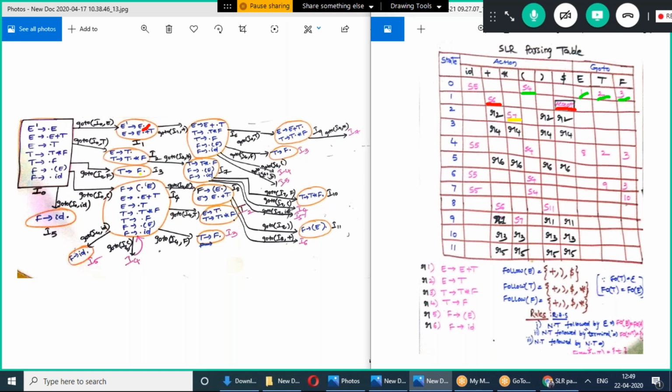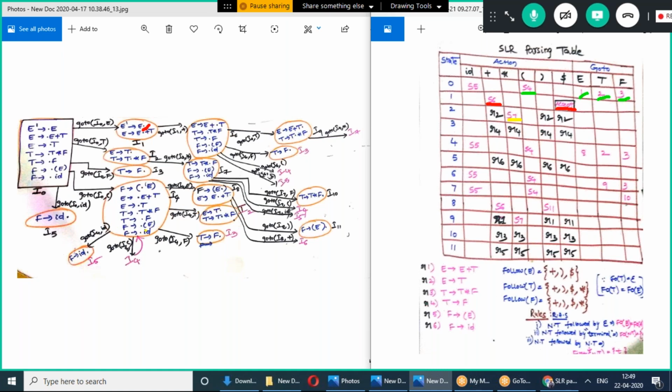Go to I3. From I3, is there any operation we performed? No, no set of items has come from I3. Next I4. From I4 on E is there, I4 on T is there, I4 on F is there, I4 on open parenthesis is there, I4 on ID is there.